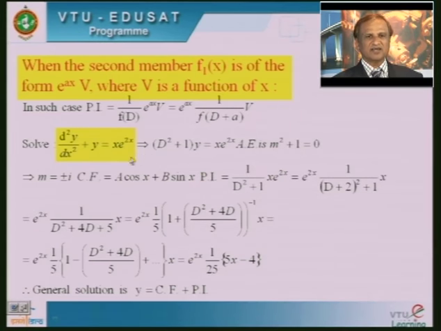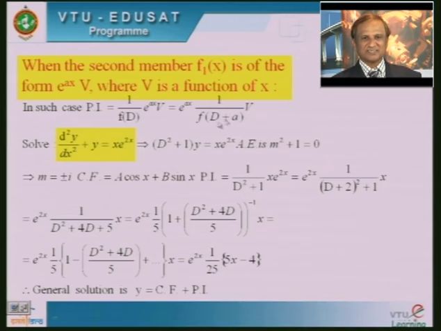Now we want to find out the particular integral. How are we going to find it? So, 1 upon D square plus 1. Why is it D square plus 1? It is f of D. Is it clear? Replace this term by D square, the coefficient of y is 1. We obtain D square plus 1 into the right hand side member. Whatever they have given in the differential equation, we write the same thing, x into e to the power 2x.